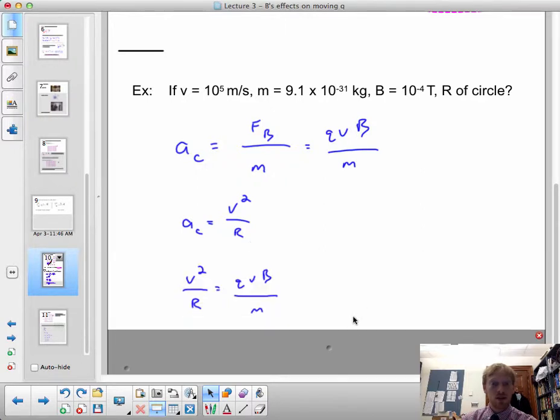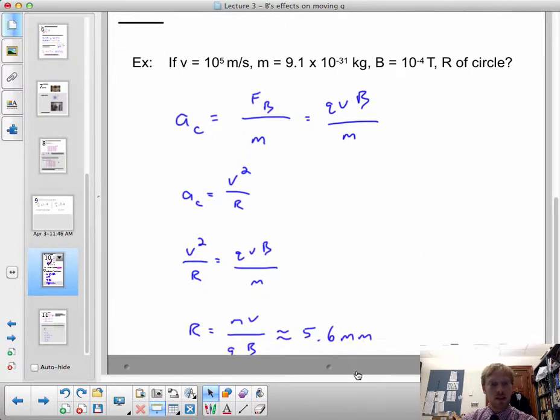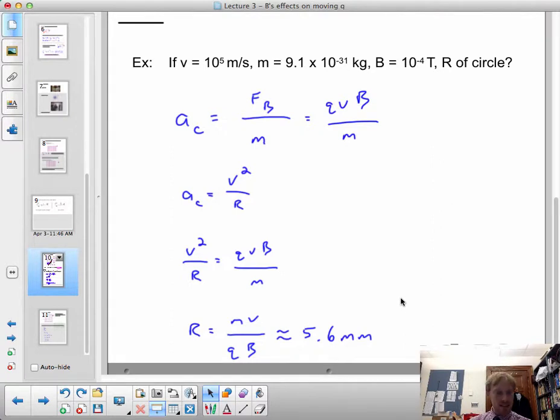So if we set those two things equal to each other, then the radius is equal to the mass times the velocity divided by the charge and also divided by the magnetic field. This relationship is something that a number of problems ask you to quickly derive, and you can quickly derive it by noting v squared over r is equal to qvB divided by m, and a v